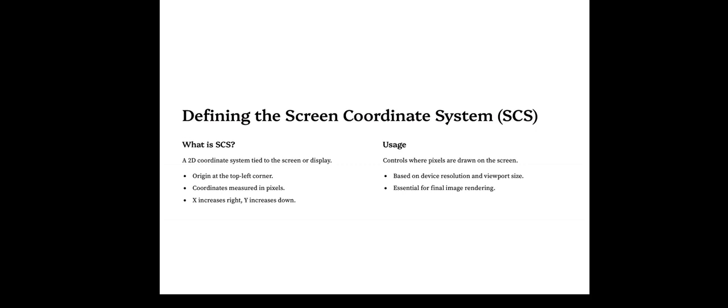So, the basic differences between world and screen coordinates are as follows. World coordinates are user defined and screen coordinates are top left of screens. World coordinates are logical units while the screen coordinates are pixels. World coordinates are programmer defined and the screen coordinates are x right and y down. And the last difference is that world coordinates are for modeling and design while the screen coordinates are for display and rendering.